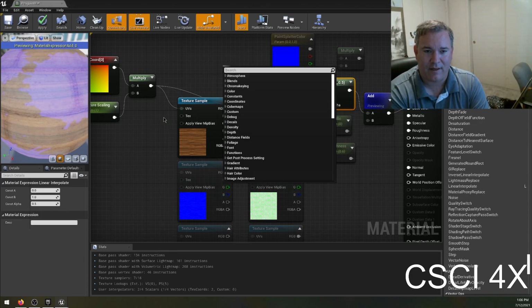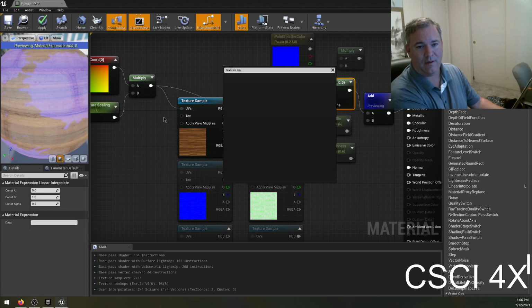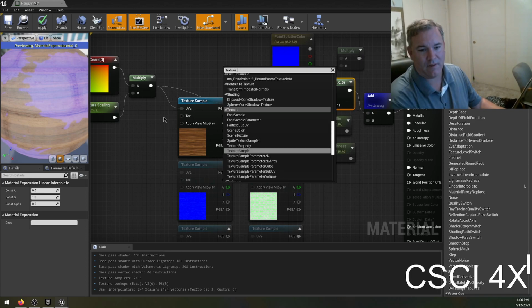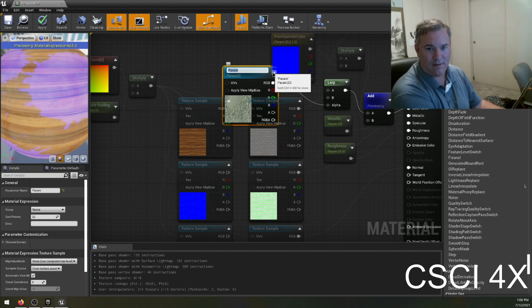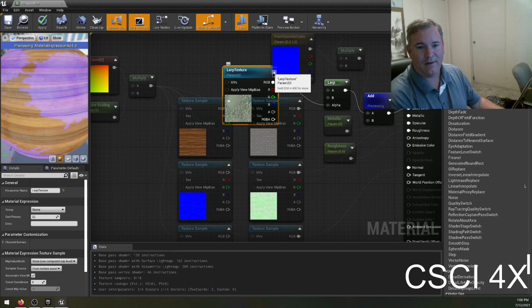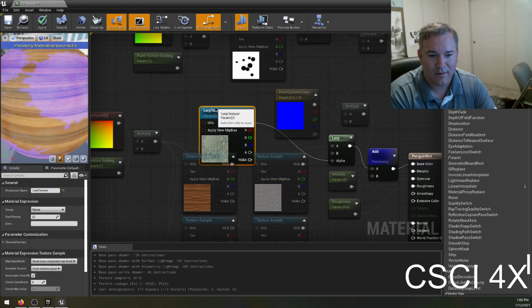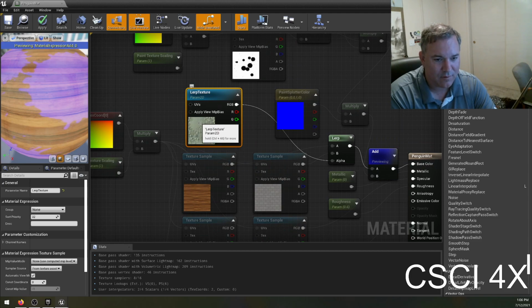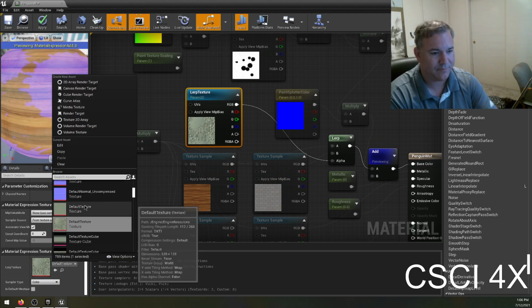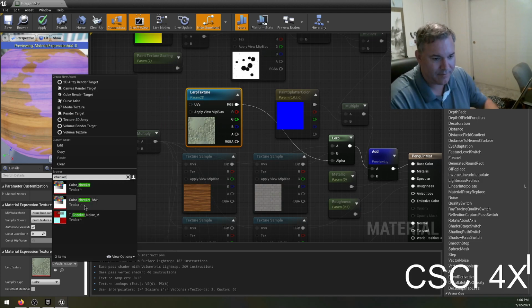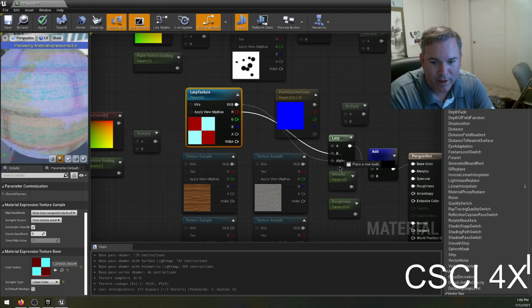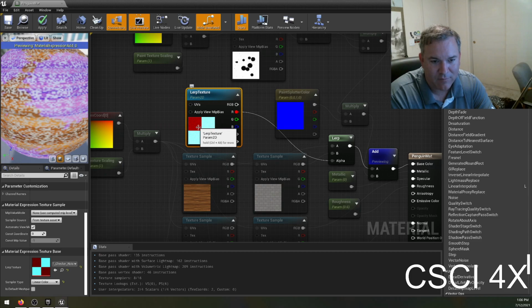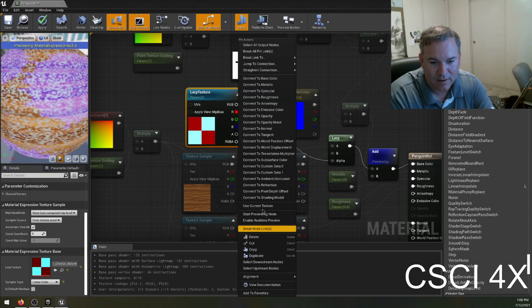I'm going to pull this out and hook up another texture. Maybe I'll use a parameter for this one. That could be fun. And this is the LERP texture. Let's see if I can find a checkerboard or something. And I'm going to pull out just the red channel from this. The red channel gives me just the red pixels, and if I right click and preview this,